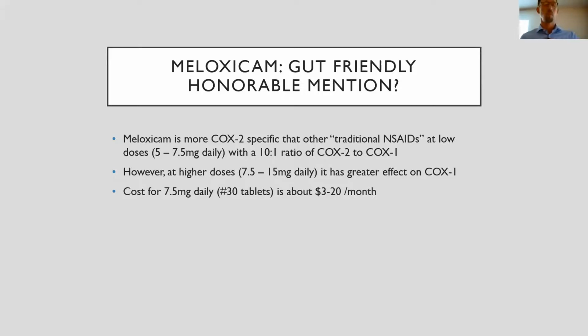So you mean at higher doses, COX-1 starts to catch up to COX-2? The question is, as you raise the dose of meloxicam, does the affinity for COX-2 increase to meet the affinity for COX-1, or does it switch? Like, does it turn into Toradol? I think it's more about balance. I don't know that I've read specifically the answer to your question, but my sense is it's more of a gradual shift toward an affinity for both COX-1 and COX-2.